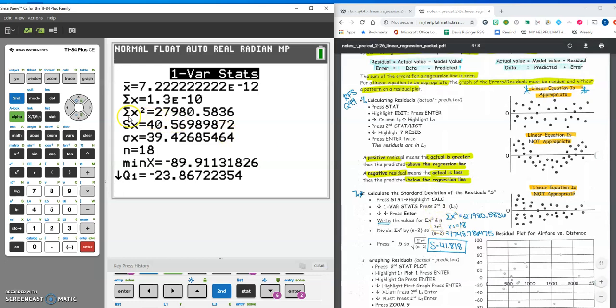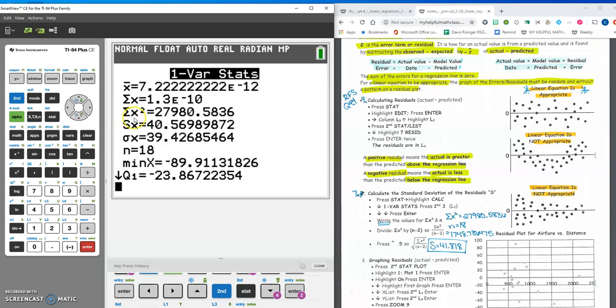So I'm looking for essentially the summation of x squared equals 27,980. I'm going to write out that full value here. So I'm looking for summation of x squared, and I want n equals. Always write both of these down. Do not commit anything to memory. Now I'm going to take that information and notice it says next step to calculate the standard deviation,